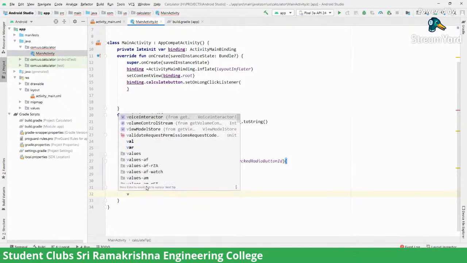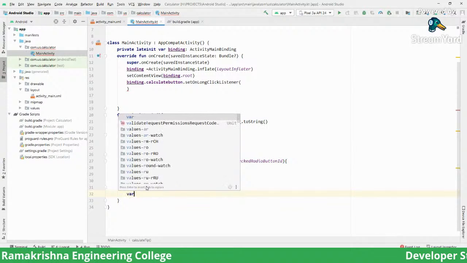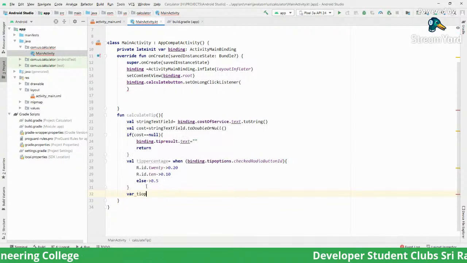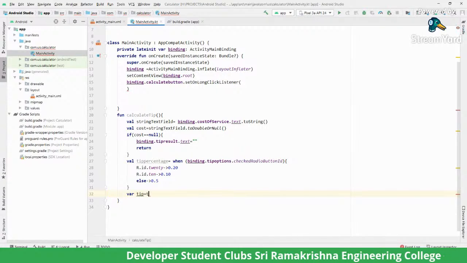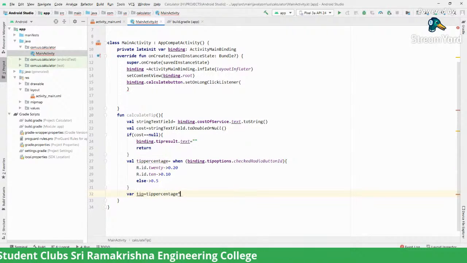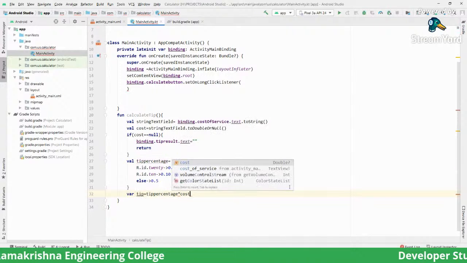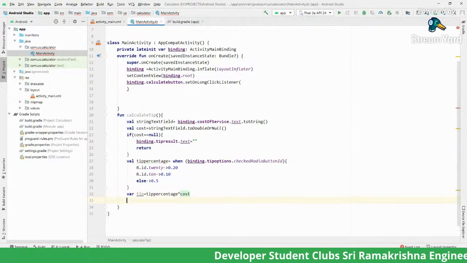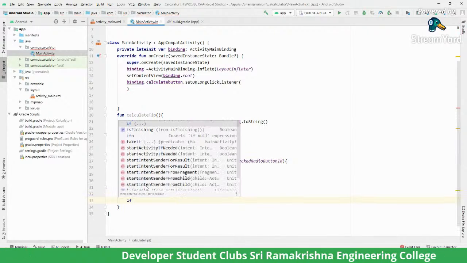We need to create a variable for the tip, which multiplies the tip percentage with the cost, and if the radio button is checked,